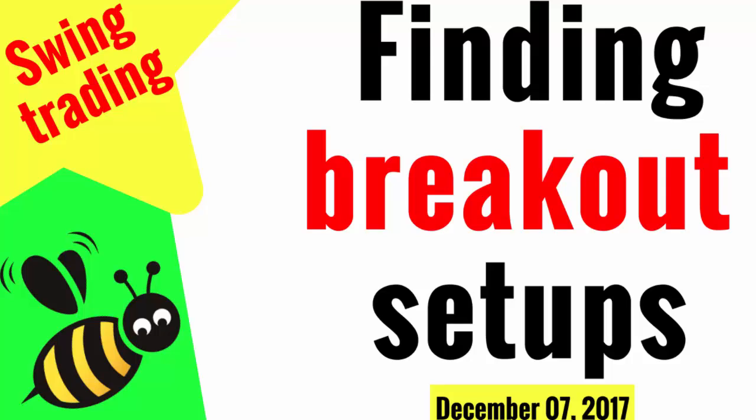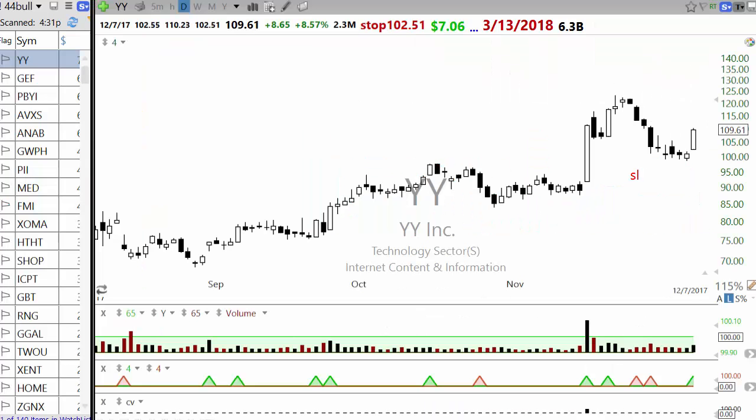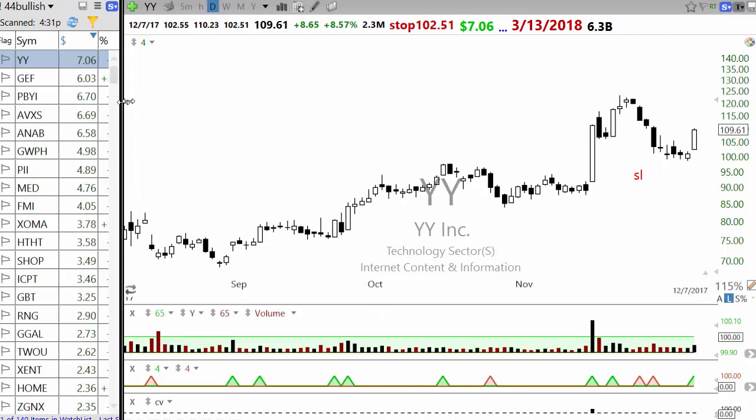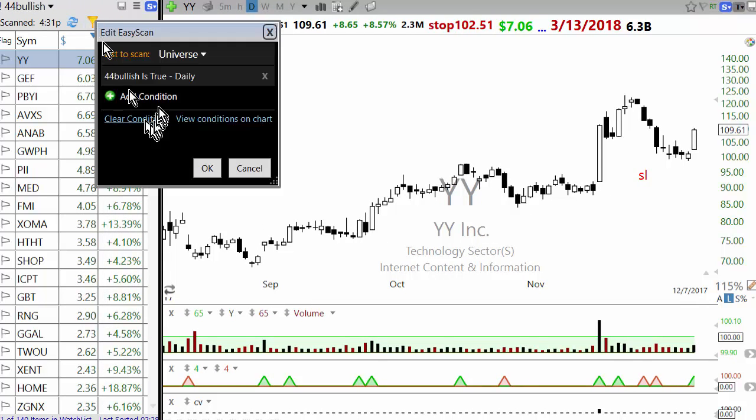The key to finding good breakouts is to be well organized and have all your scans in place. Then during the day, it's just a matter of running your scan and finding good breakouts. So let's start by looking at basically the 4% breakout, which again, for the benefit of everyone who's new,